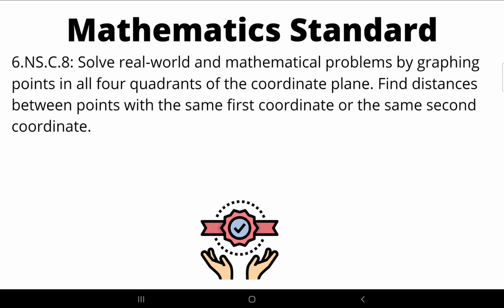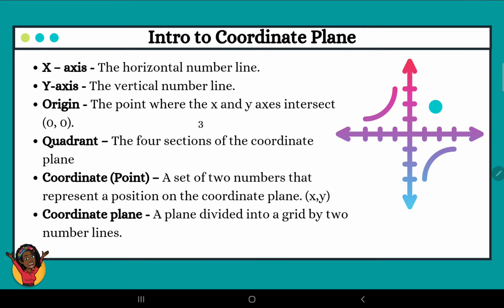Hi everyone, welcome back. Today we're going to be looking at standard 6.NS.C.8: solve real-world and mathematical problems by graphing points in all four quadrants of the coordinate plane. Find distances between points with the same first coordinate or the same second coordinate. Our vocabulary: x-axis is the horizontal number line,